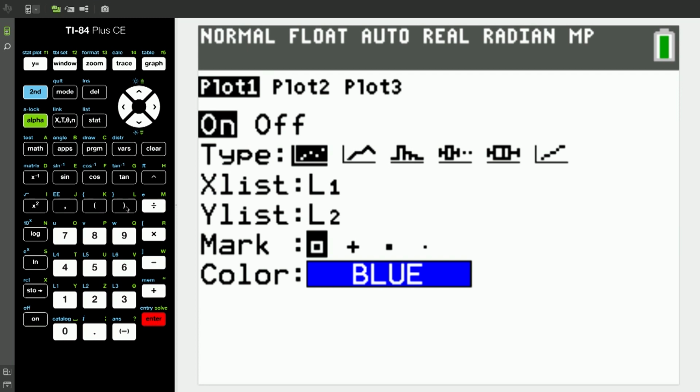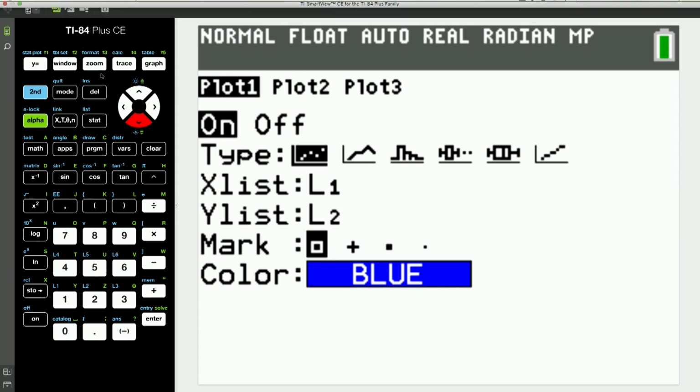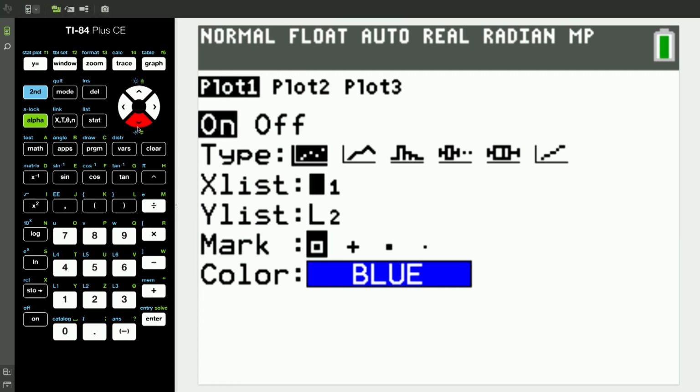So now, if you scroll down, we want the first one. The first one's a scatter plot. There's a scatter plot, there's a connected plot, there is what looks to be a bar graph, but it's really a histogram. There are two different box and whiskers, and then you have your piecewise function, your step plot. Again, I have this issue with I really don't want list one. What do I want?